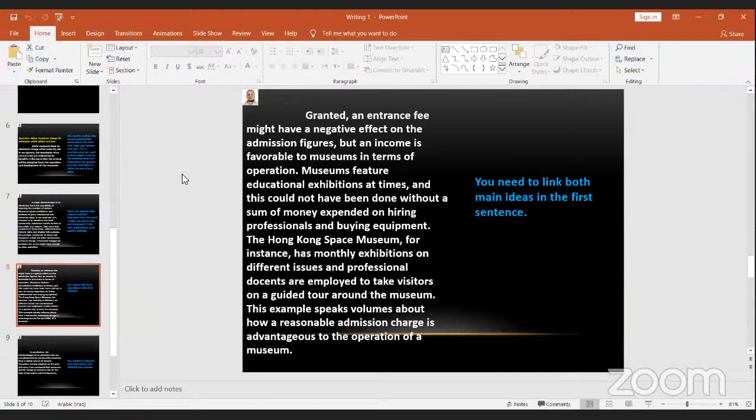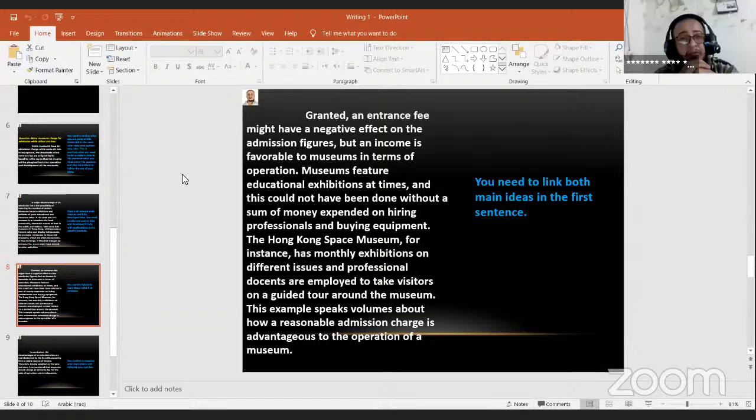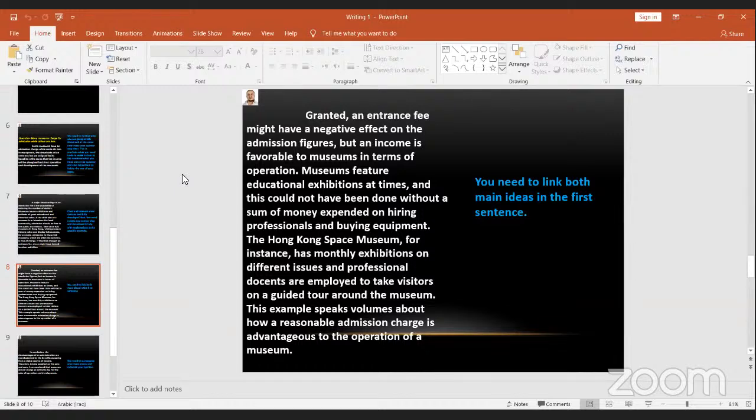Now here, in this one, we are talking about the disadvantages. Granted, an entrance fee. Okay,